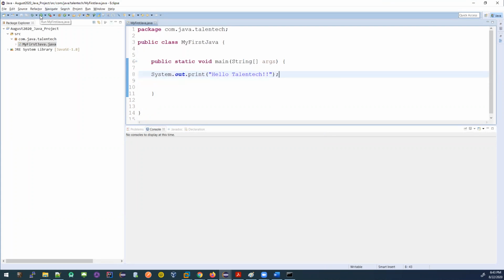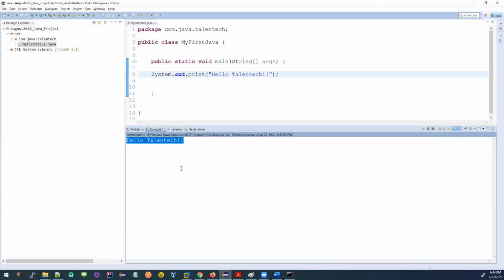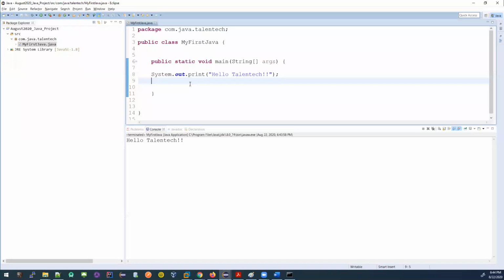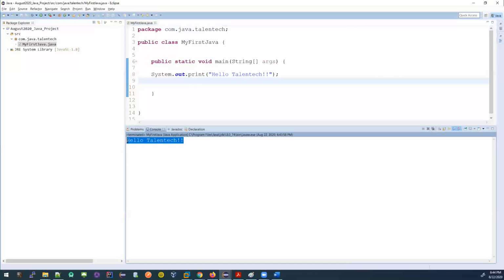Let me run it. If I click run, you see the hello talented already printed. So what just happened? When I saved the file, it created the class, and when I run it, it runs the Java file right away. I wanted to do it from the command prompt, but it didn't work.